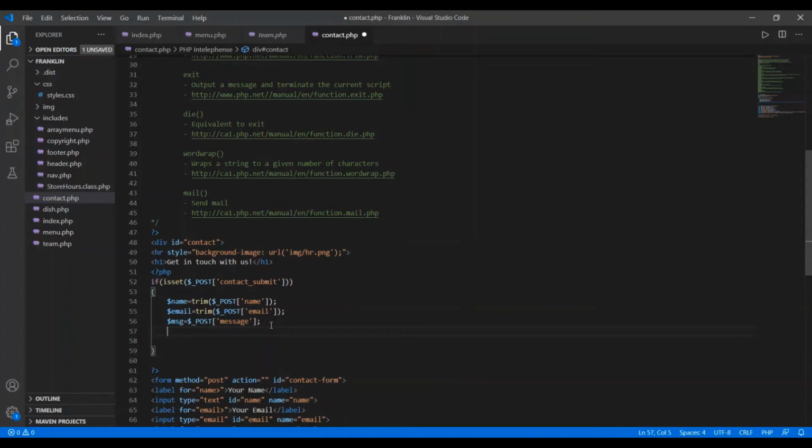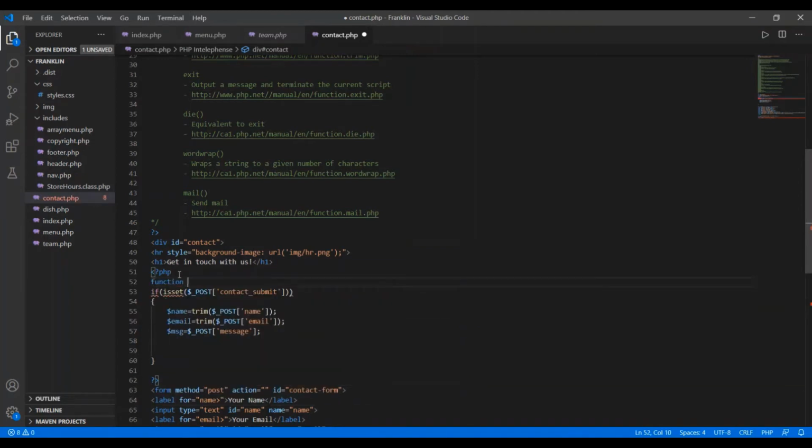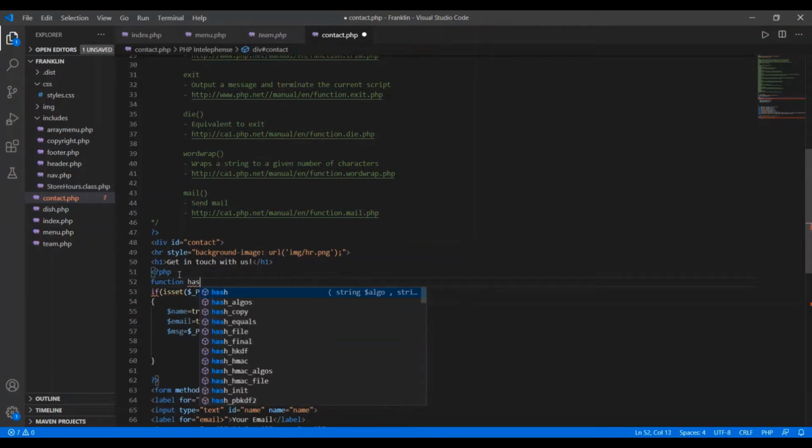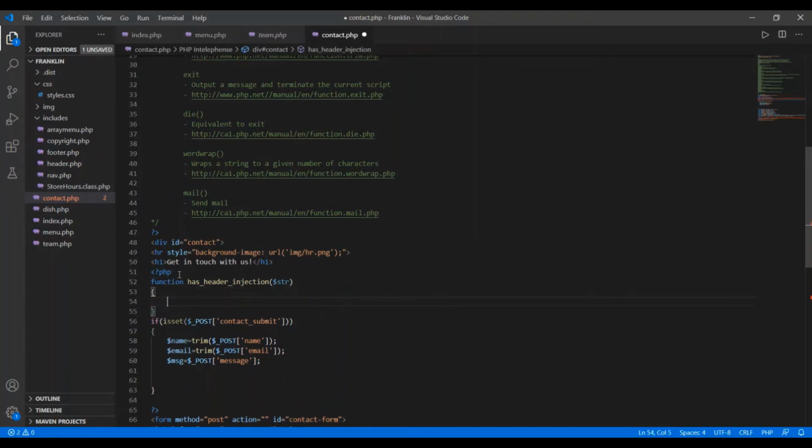So in order to avoid that, here I'm going to create a function, and I'm writing this function before here. So for this I'm creating a function using the function keyword, and here I write the name, say has_header_injection, and this function will take an argument as a string, and here I'm going to write the body for this, and this function will return us a value.